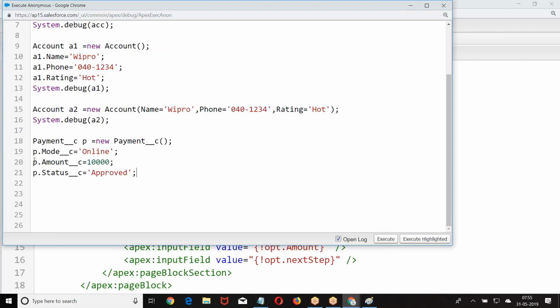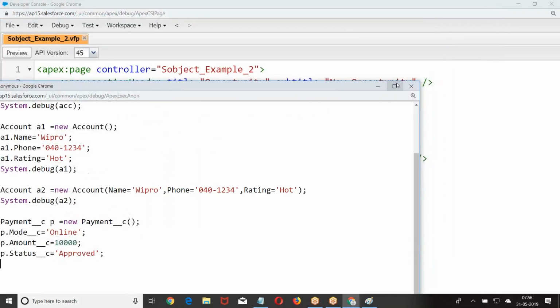Now is it saved to database? It is not saved to database. It is only a variable. When is it saved to database? Are you getting my point here? Okay. Now, let me make.